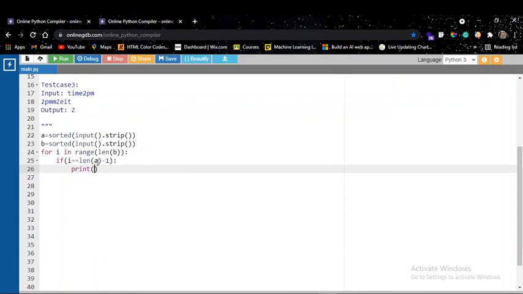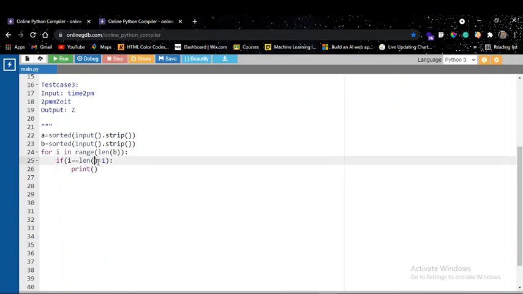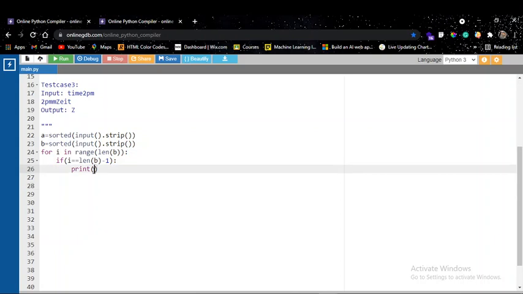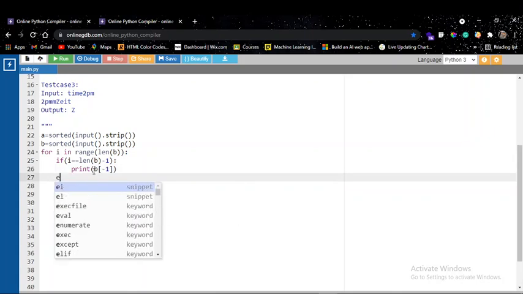If it has reached the last character and there is nothing left to compare with a, you'll be printing the last character of the second string. Else